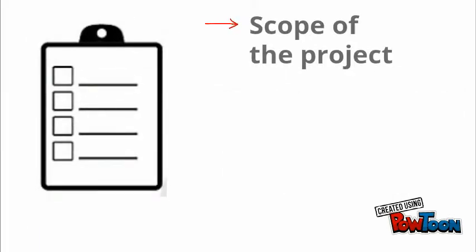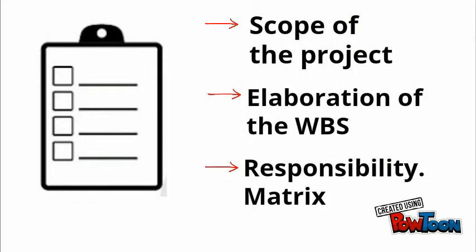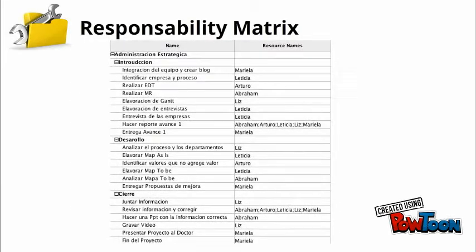Then, we did the work plan, which consisted of establishing the scope of the project, the elaboration of the WBS, and the responsibility matrix. The responsibility matrix was the second tool that we used. With it, we were able to assign a manager for each task, allowing each team member to have their own